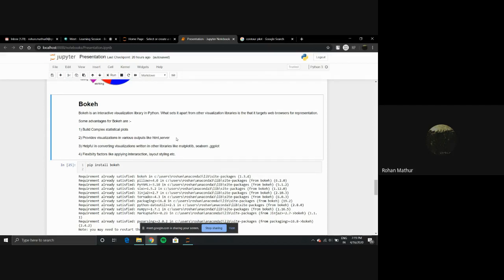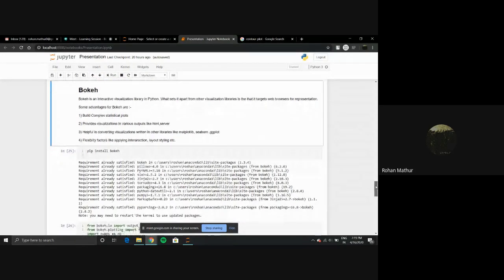And the main part of Bokeh is its interactivity. There are factors where you can apply interaction and layout styling, which can be implemented in your visualization. It's something similar to Tableau, and we'll look through it later on in this presentation.